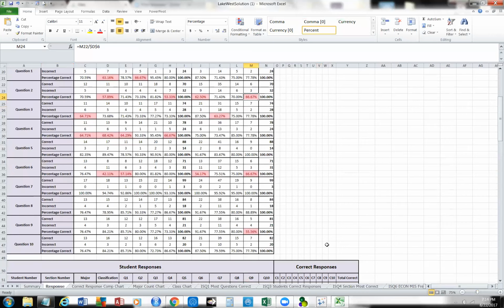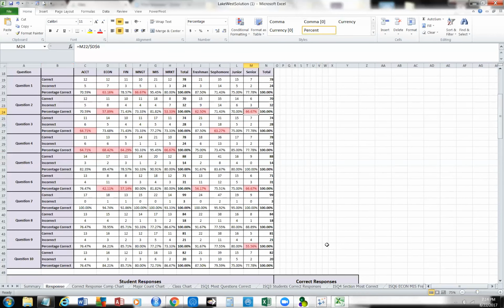So I have right now some questions I want to target. I certainly want to target question 2, because it seems regardless of their major or their class standing, we're not hitting that goal of 70%. Same thing for question 4. So I've got these 2 questions, and question 6. So questions 2, 4, and 6 need to be looked at because I'm seeing